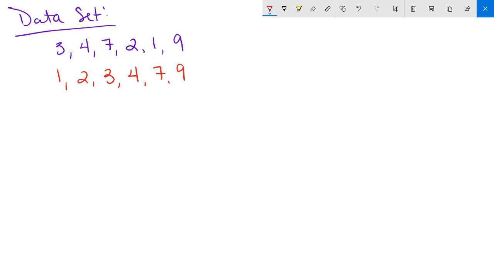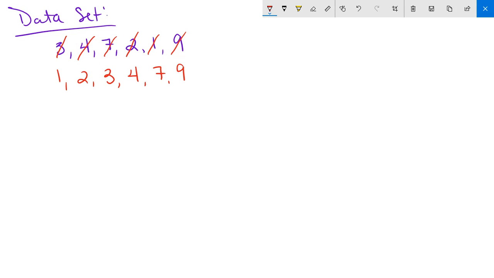And I like to go back and either while I'm doing it or after I'm done putting them in order, go back and cross everything off from the original set so that way I make sure I don't miss any numbers. Especially if you have duplicate numbers, sometimes it can get a little confusing. So I see 1, cross off 1, 2, 3, 4, 7, and 9. Okay, so I have all my data in my now ordered data set from least to greatest. Now I want to go ahead and find the